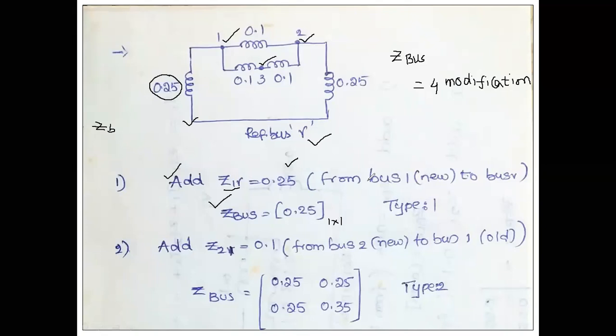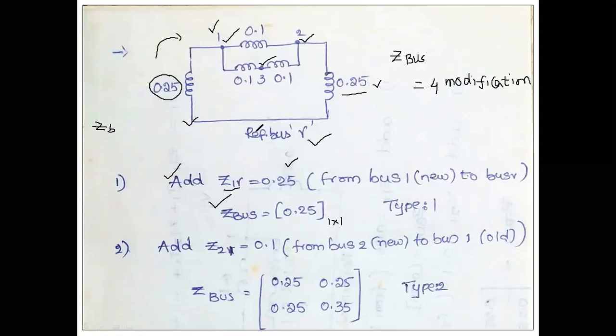close relationship between 2 and reference. Even though you have bus 2 and the reference bus, before going to bus number 2, you must have bus number 1. We are going to start the calculations by considering bus number 1 onwards. So we are not going to consider whether bus number 2 has been directly connected to the reference bus. That is another case, but we start the calculations from this point onwards. So there is no type 1 modification.